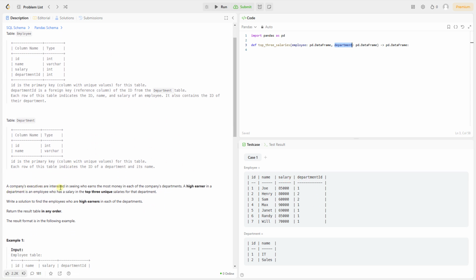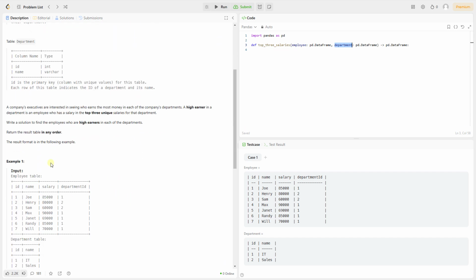A company's executives are interested in seeing who earned the most money in each of the company's departments. A high earner in a department is an employee who has a salary in the top 3 unique salaries for that department. Write a solution to find the employees who are high earners in each department, and then return the result table in any order,